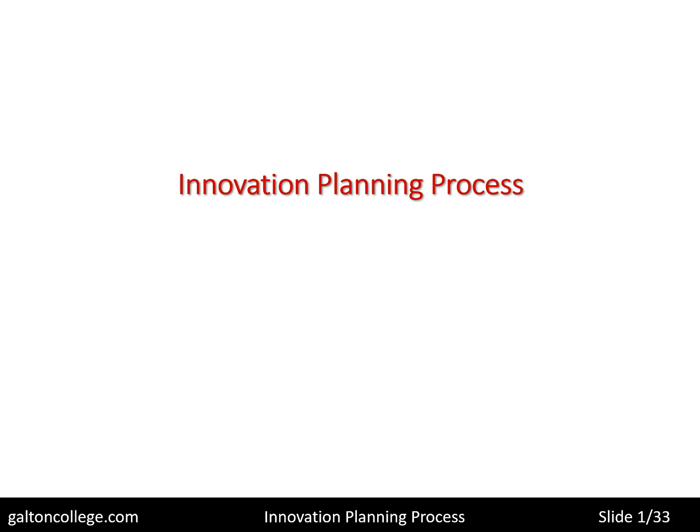This video will be concerned with the planning process for innovation. It's part 4 of a 4-part series, essentially based around the work of Kumar, who set forth a model for the analysis of innovation planning. We've focused in on this because it raises lots of issues about how to go about planning for innovation.